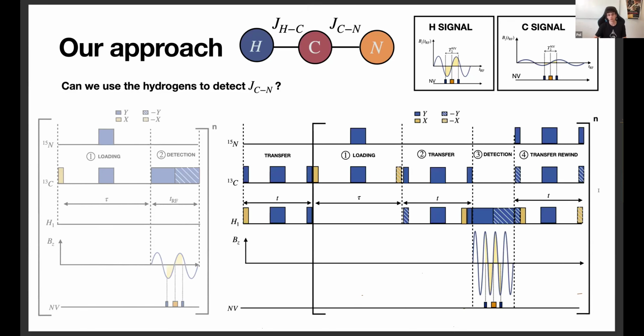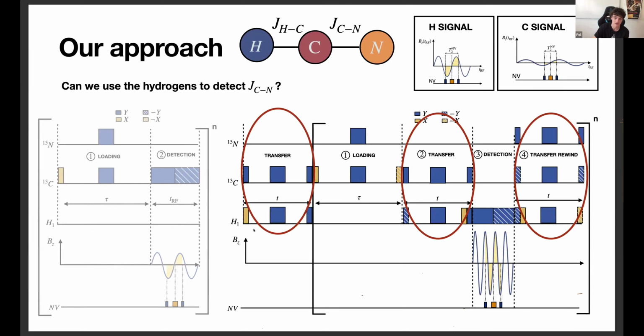Okay, so it looks much more complicated, but actually it's the same sequence, we just added these three new transfer stages, which actually, okay, let's go step by step. The first one correlates the state of the hydrogen and the carbon. Then notice how I apply, again, a loading period where, during this period,